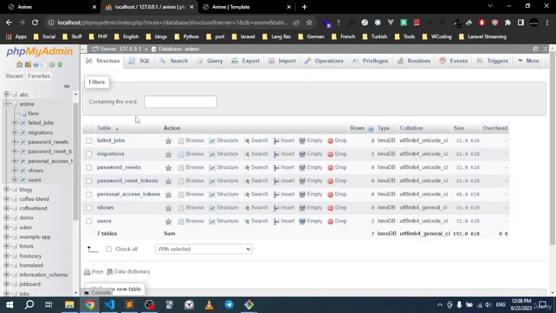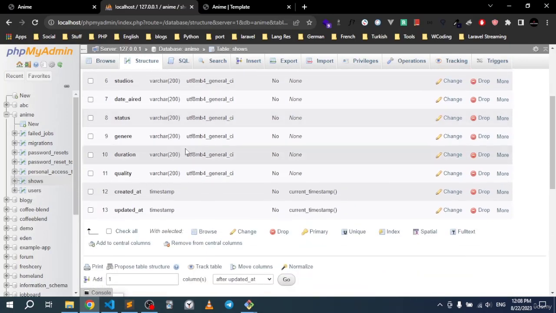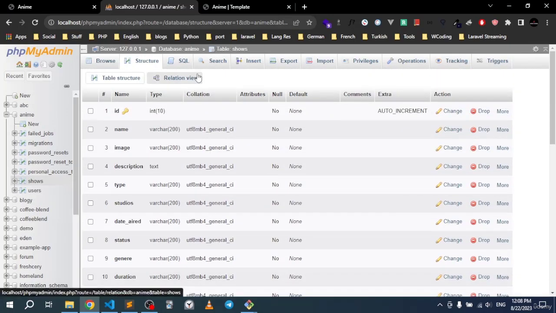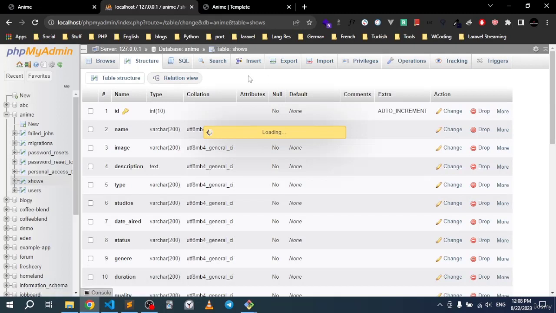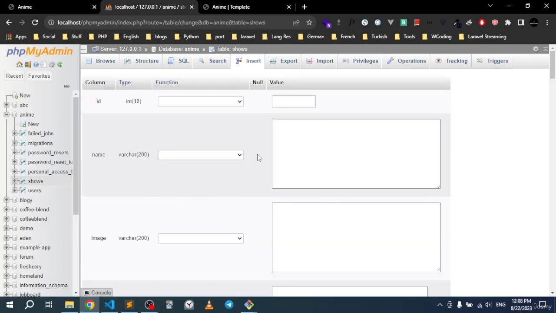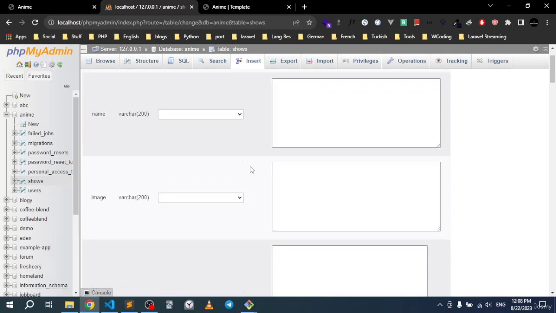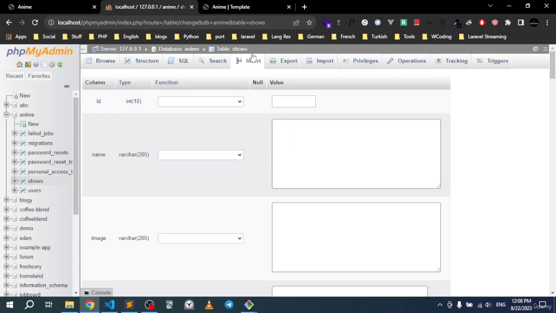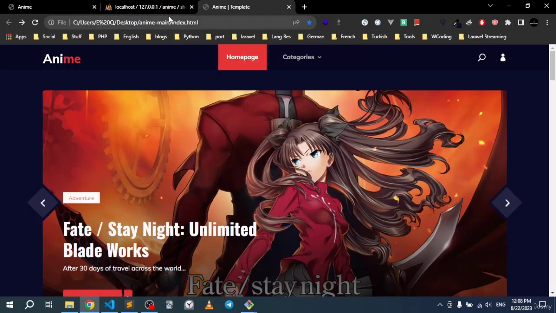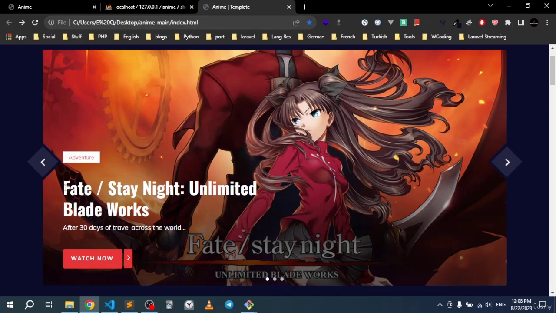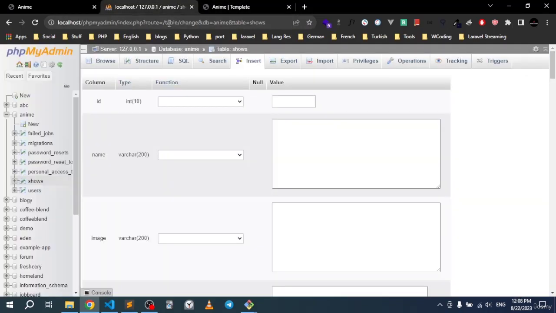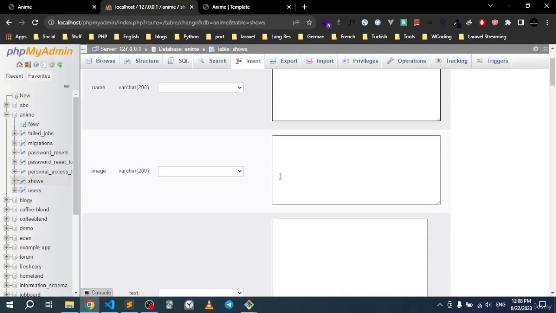All right, so there it is. The structure should actually show up now. It's kind of big, I know. What we want to do next is we want to insert some dummy data, so we can actually select it. All right, so for the name, let me see, we can simply copy this and paste right there, and the